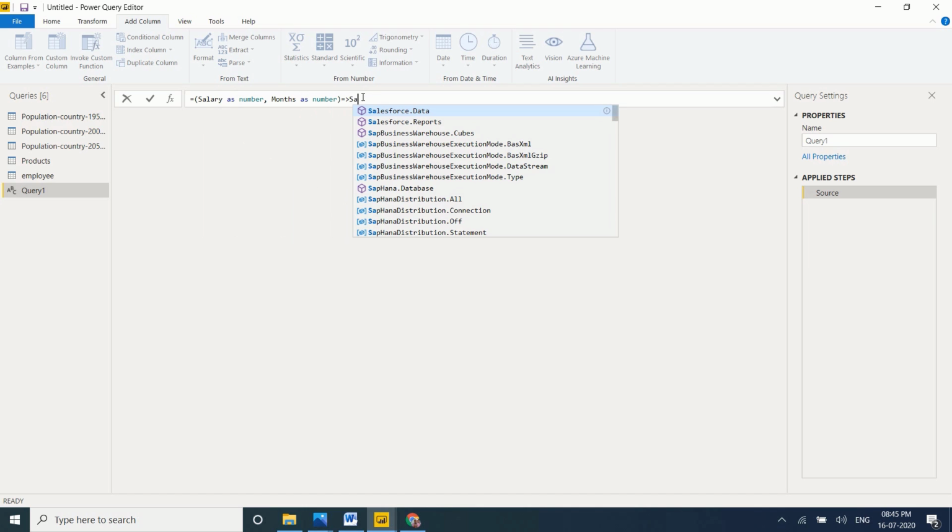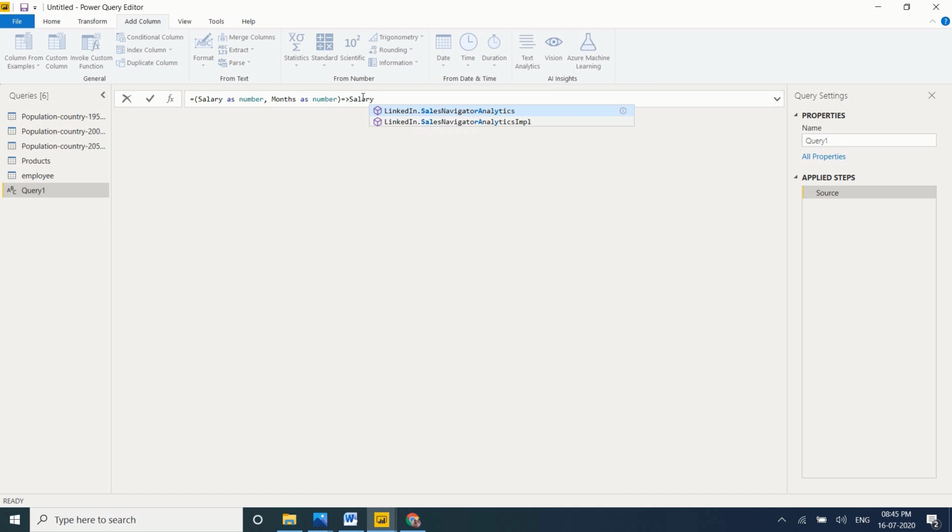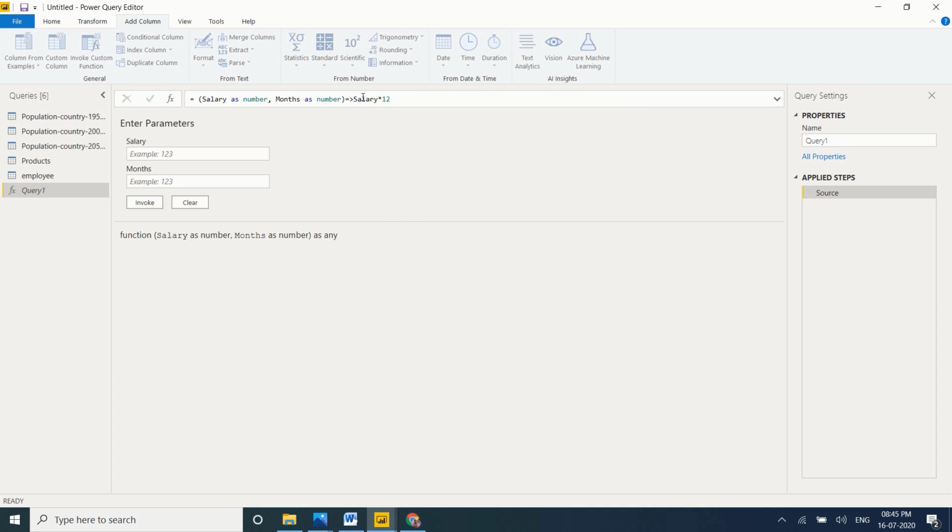Now you write: I want to know annual salary, so salary into 12. Enter. Now my blank query is ready. Now I want to invoke this blank query to the employee table. Now go to employee table.